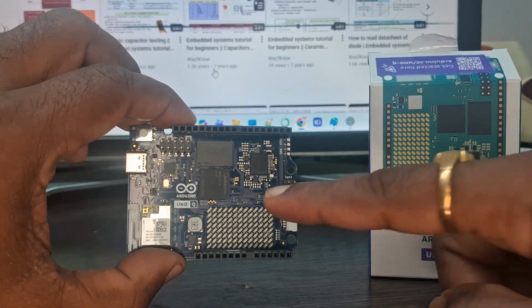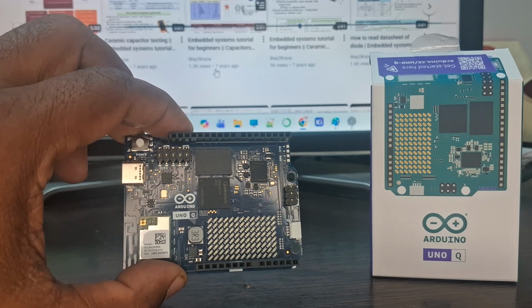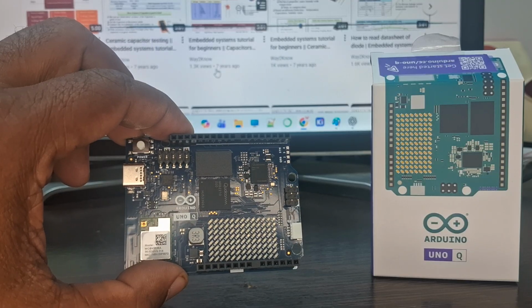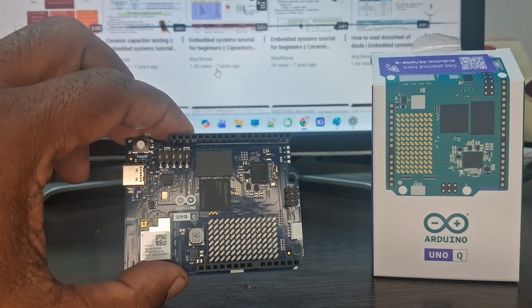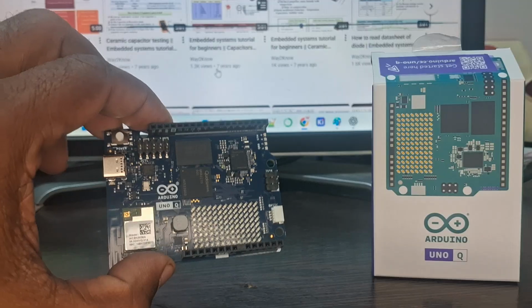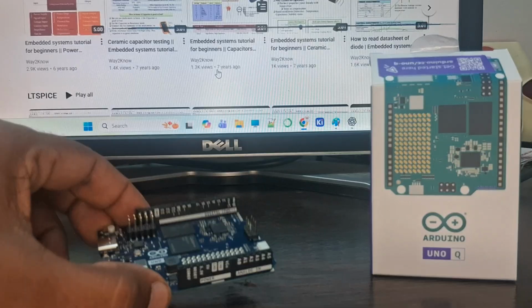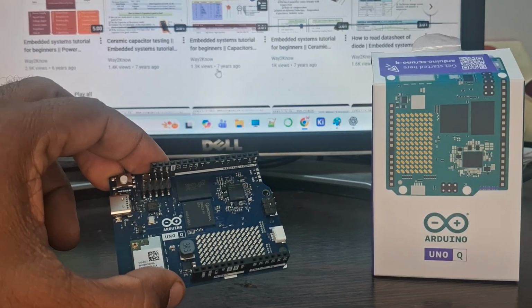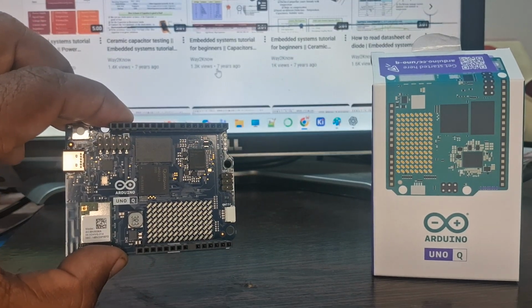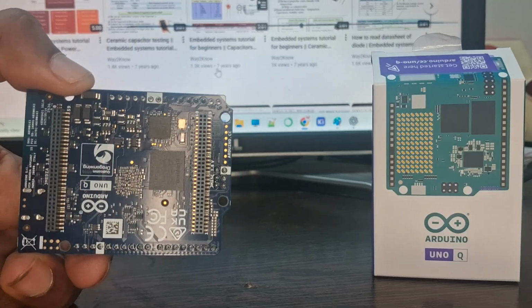the core of this board is the QRB2210 Qualcomm chip. This is a processor which helps us combine the processing capability of an application processor along with the MCU. So this Arduino Uno is a next level step in the processing capability of the Arduino series of boards. Till this board we did not have any board which has such processing capability. This particular board has the Qualcomm processor, and then if you turn the board backside,